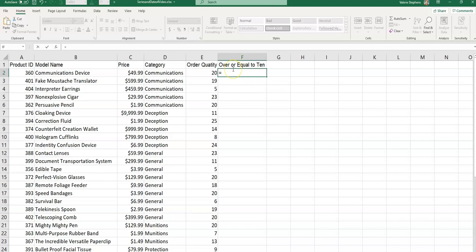Equal IF, which is our function, and now we're ready to start our function, and it asks where are we making this logical test. We'll look in cell E2, and the test is if it's equal to or greater than, and usually it's greater than or equal to, either way would work. If it is greater than or equal to 10, then put yes, and if not, put no,